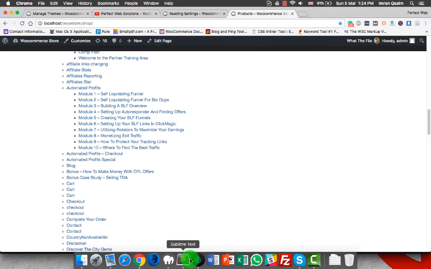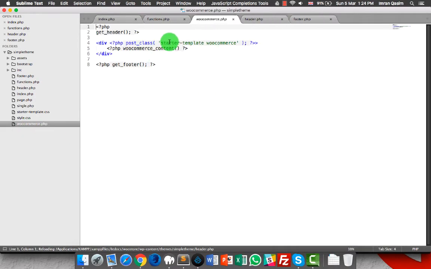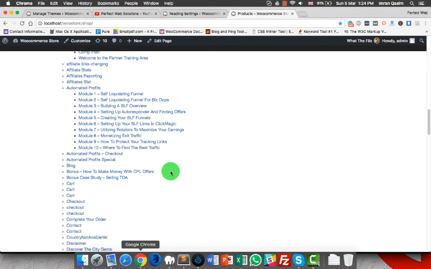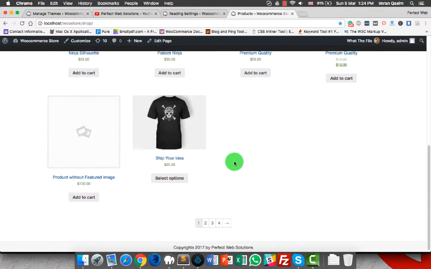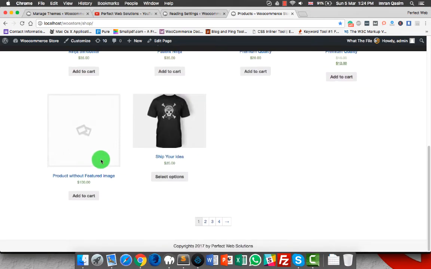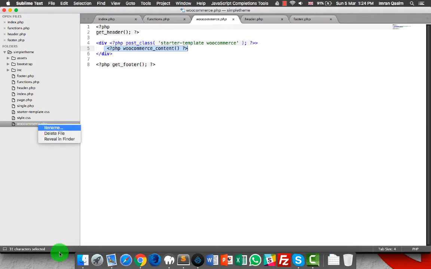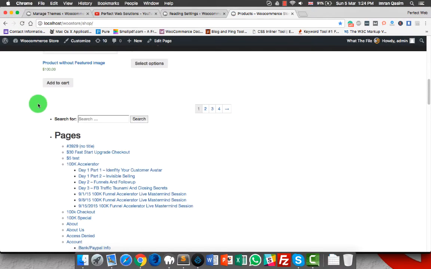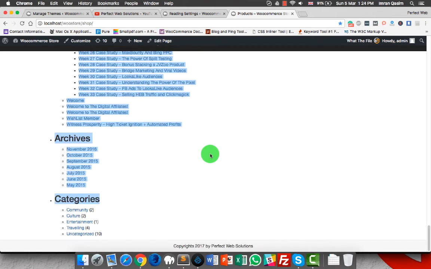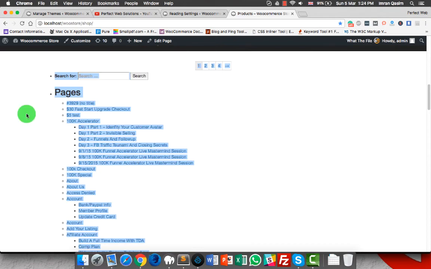So now if I go to my editor, I will see the WooCommerce class and this post class added WooCommerce, and then it has WooCommerce content, and I reload the page, and now you see that the WooCommerce store is properly initiated. Without this WooCommerce.php file, if I rename it here, it will use page.php to display the products, and this one will break the layout of your WooCommerce. As you can see, page also has a sidebar which is broken down into the next level.